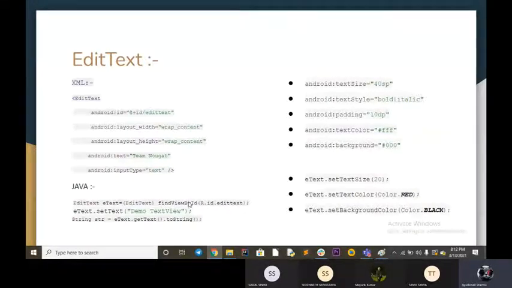Now, like in the previous case, if we want to change the text inside the EditText, then etext.setText, same command, the variable name .setText demo text view. Okay, so we have defined our EditText box here.